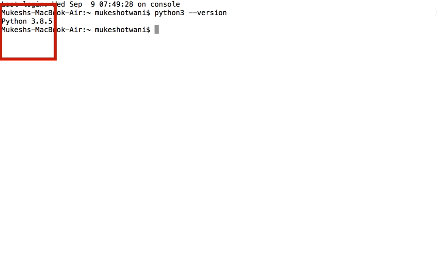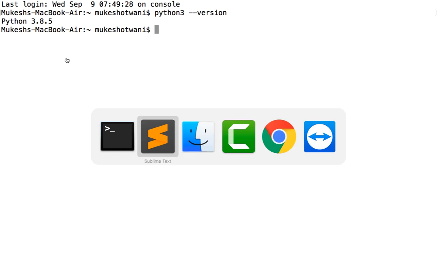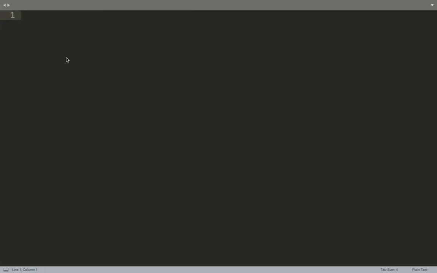Now I will show you how you can run the Python program. Whether it's one file or the complete program, the process will remain the same. So let me quickly create a Python program or Python script, and then I will run it from the Mac terminal. First of all, I will go back to any editor. I'm using Sublime Text editor. In case you're not using Sublime, you can go with any editor, or you can directly start with Notepad and save that file with .py extension and you can run your Python program.